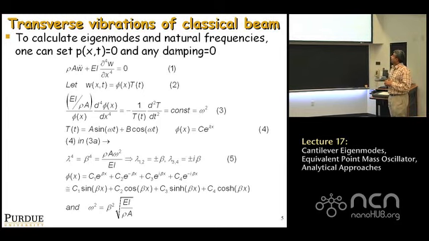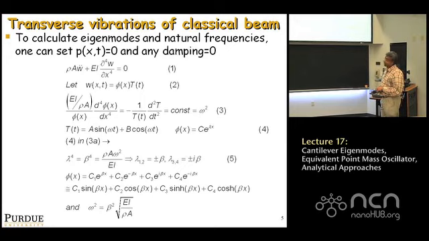The first thing is a PDE involving time and space x. So we do a separation of variables. Equation 2, we write W as a product of a function in x times a function in time, and plug it in and rearrange, and we get equation 3. On the left-hand side, you will notice we have a function of x, right? So we rearranged it so the term on the left-hand side is only a function of x, correct? The term that depends on time is only a function of time. And so the only way that